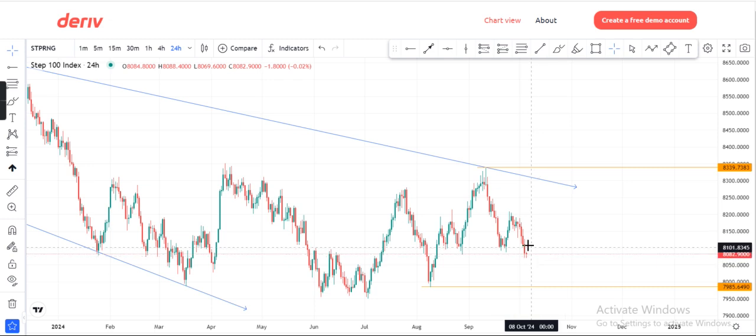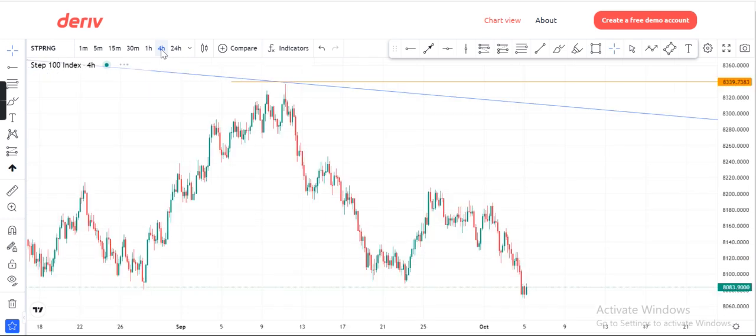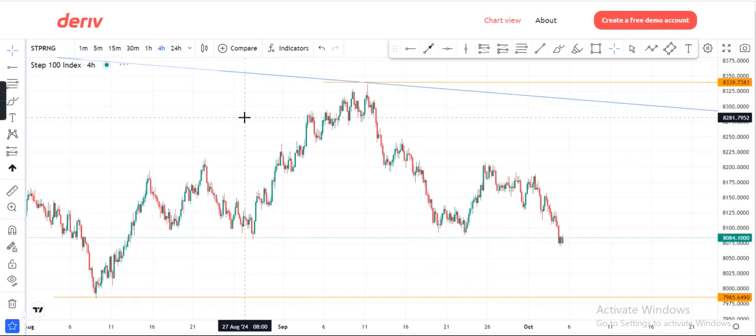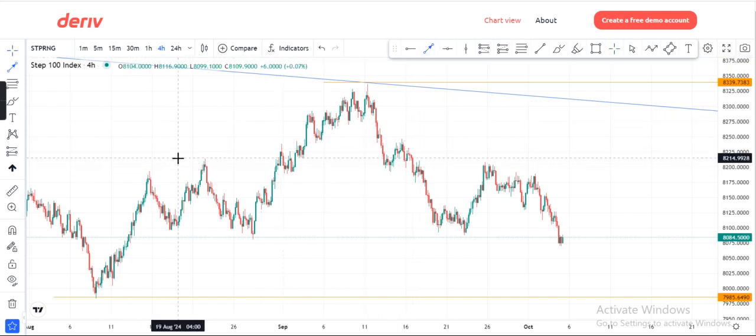Now what next are we going to be looking out for? We would simply be going to the smaller time frame to understand the structure we'll be taking on this particular market. So on the 4 hours time frame, first thing we can look out for is, we have to start from this area. We saw a break of structure to the upside,